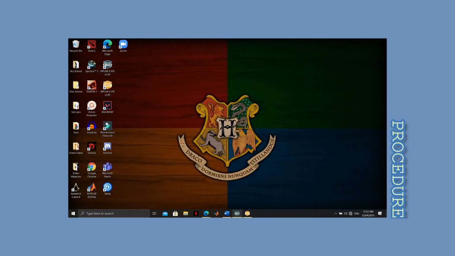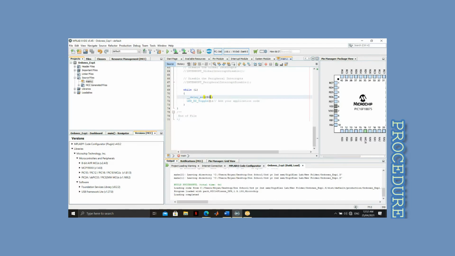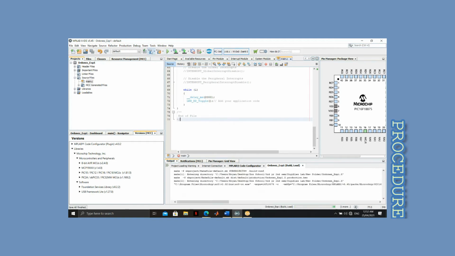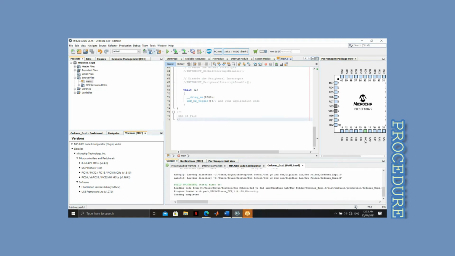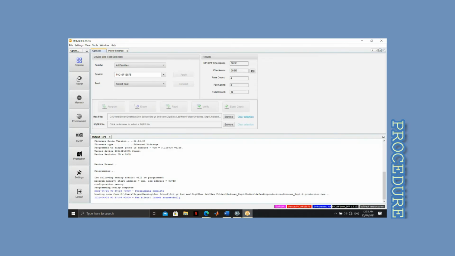The next part of the experiment would be changing the code so that the light turns on after every 2 seconds. So 2 seconds is equal to 2000 milliseconds. And then you just click build. Then after build is successful, yes, reload hex file. And then